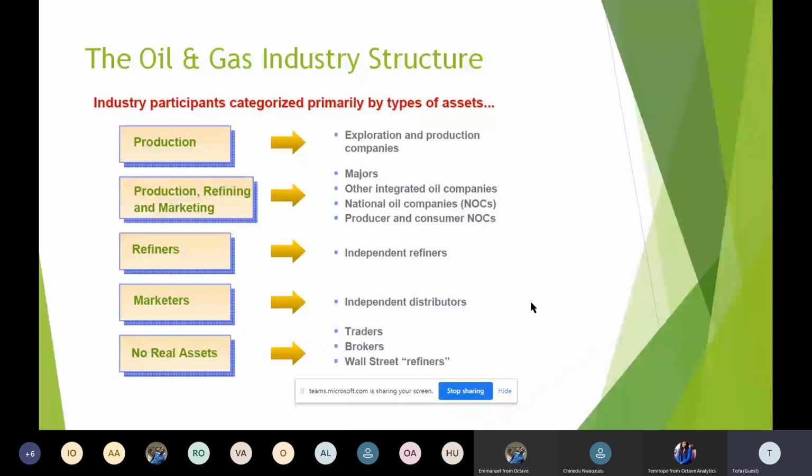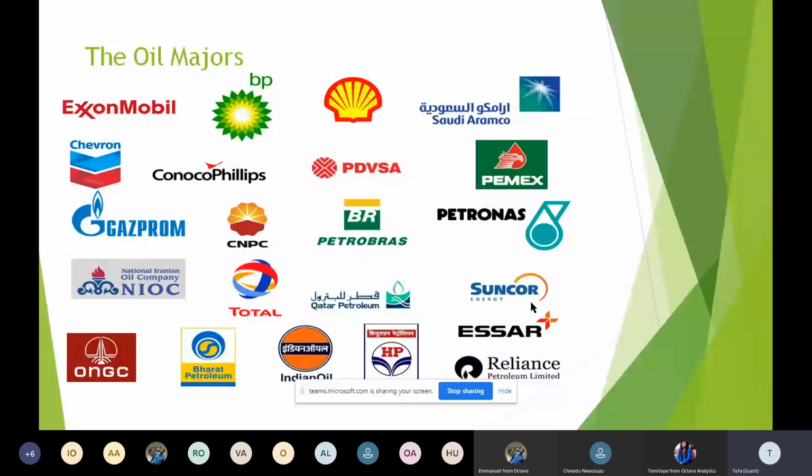So this is just to bring to our view the present oil majors that are widely known. Of course you don't see an NPC here. It's not as if it's not an oil company, but these are multinationals and national oil companies that constitute the big guys in the industry.